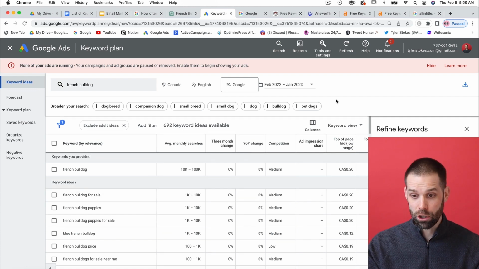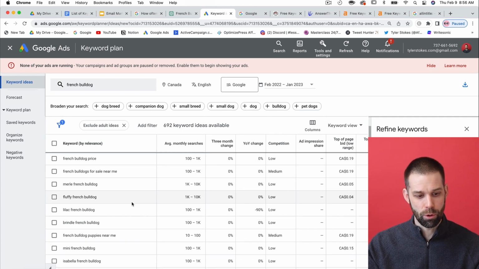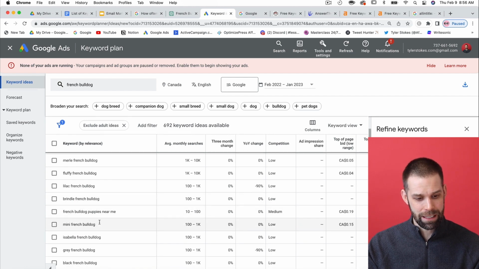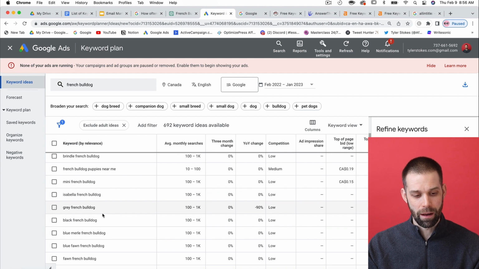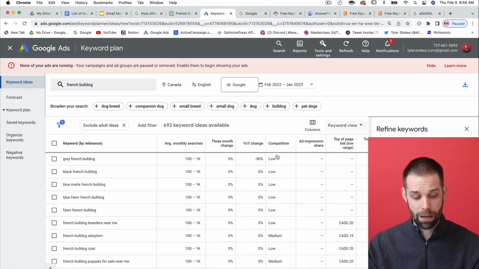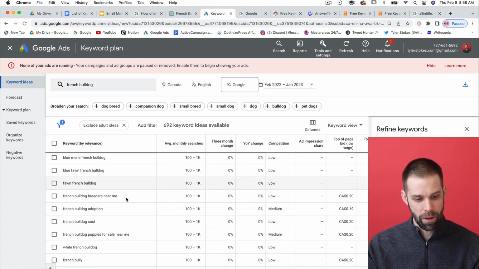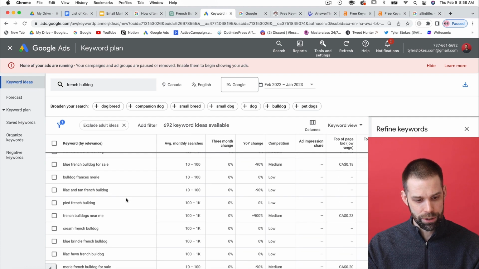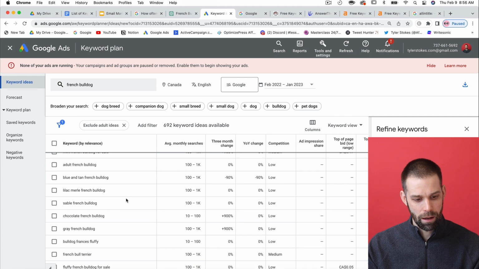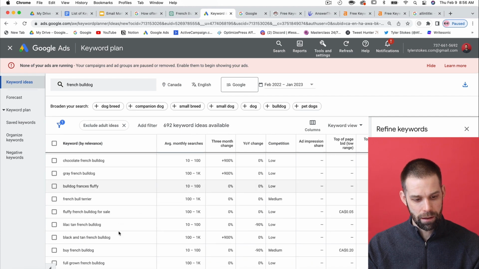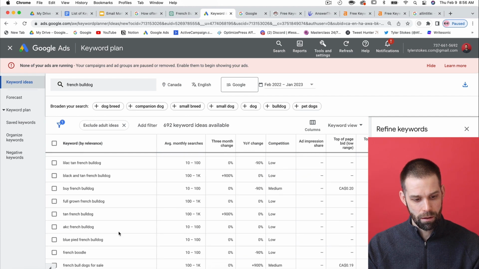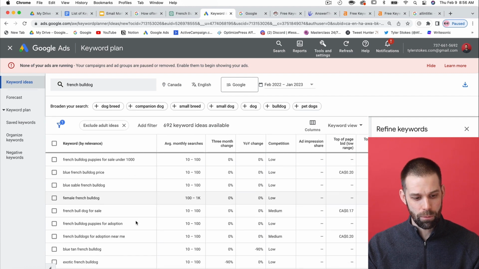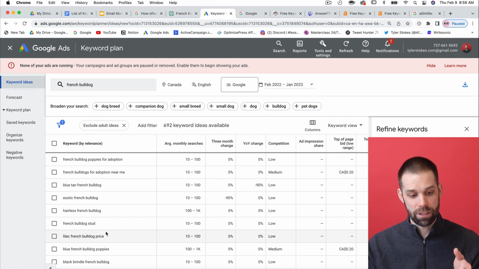And then basically here you can export this file and you can go through and just find some good keywords that you can just copy and paste into your list that you have going, or you can just download them and go through all of them. And you might be able to find some good ones here. French Bulldog breeders and so on. So they've showed you some things, and then if you find some good keywords here, you can also take them